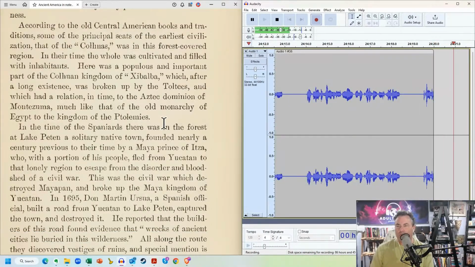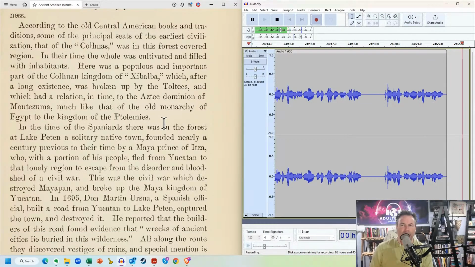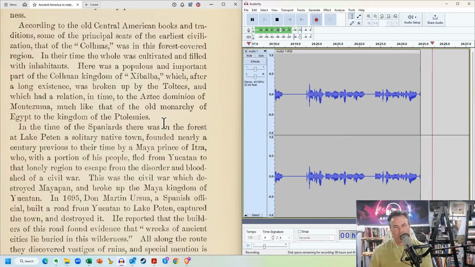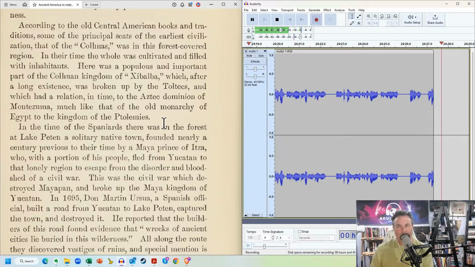According to the old Central American books and traditions, some of the principal seats of the earliest civilization, that of the Cohuas,